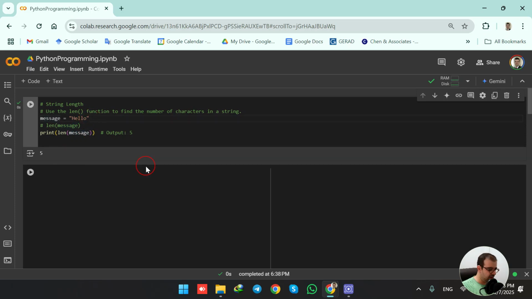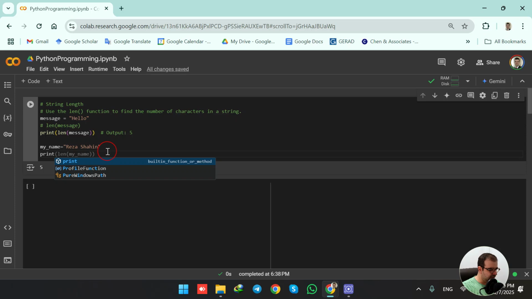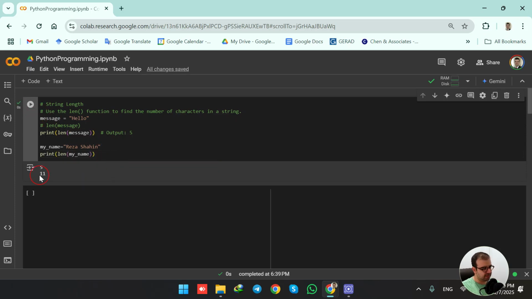If I have another string, so I have my name, and the string is, for example, Reza Shahin. So now I'm going to print len my name. Okay, so when I run this code, we see that there are 11 characters in this string. So if I calculate, we see 1, 2, 3, 4, 5, 6, 7, 8, 9, 10,